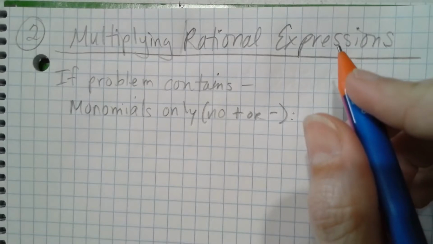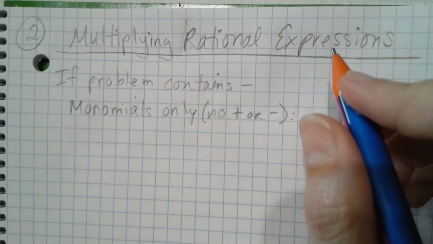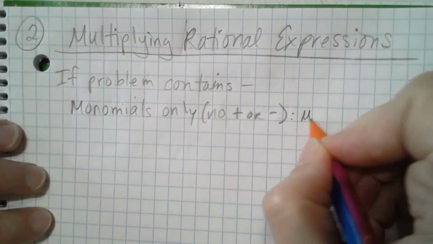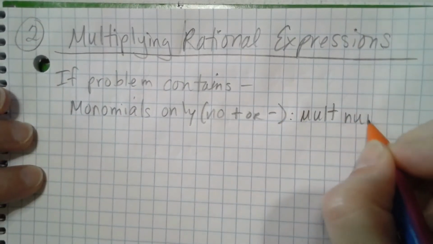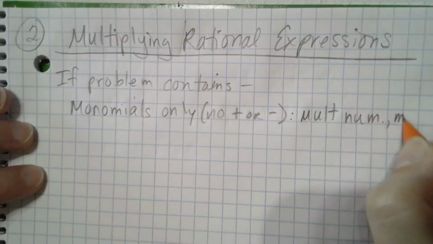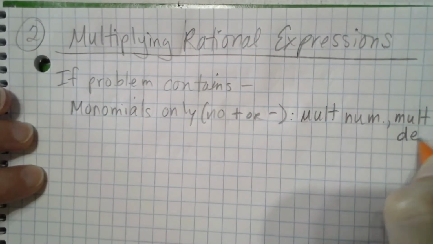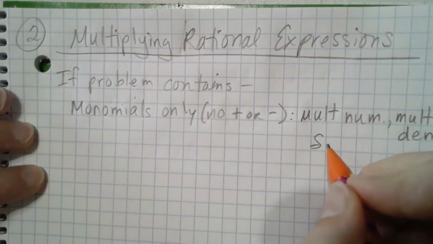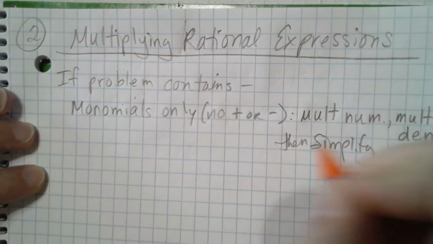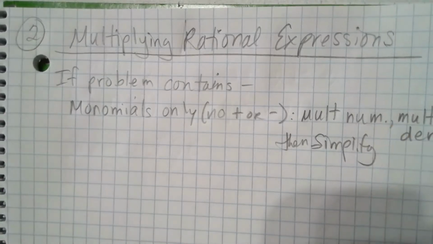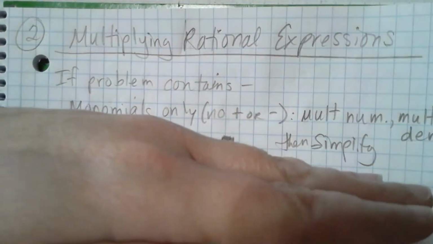We are going to multiply the numerator, multiply the denominator, and then simplify. So multiply across the numerator, multiply across the denominator, and then